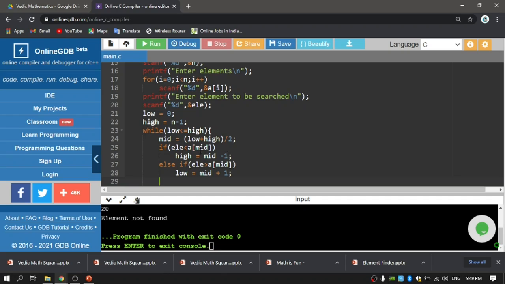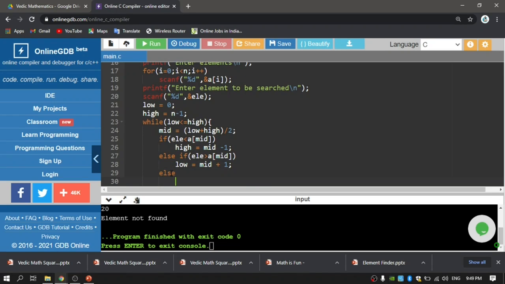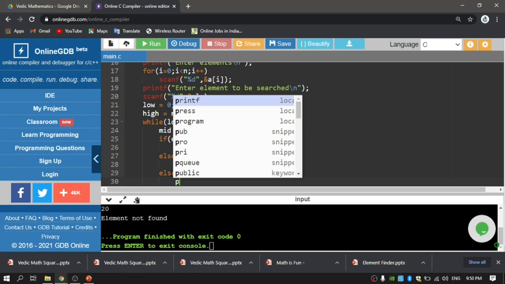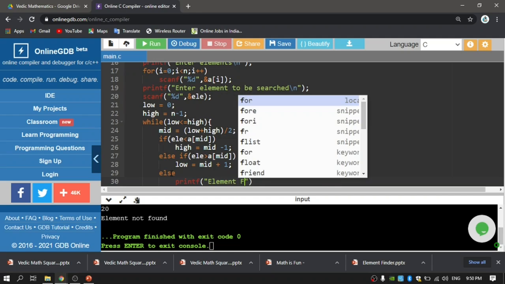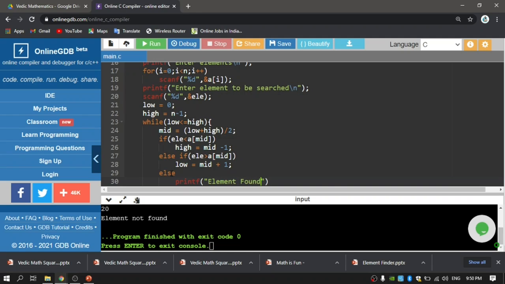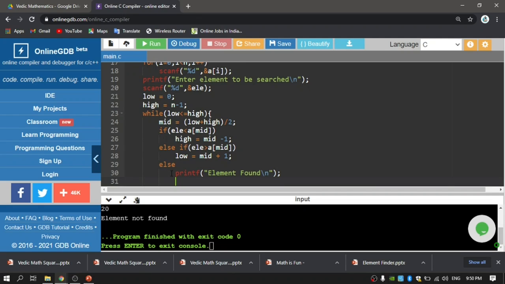Whenever these two conditions fail, what is the meaning of it? The element I am looking for has been found. Simply I can say printf element found, and I can put return, because there is no need to continue any further.